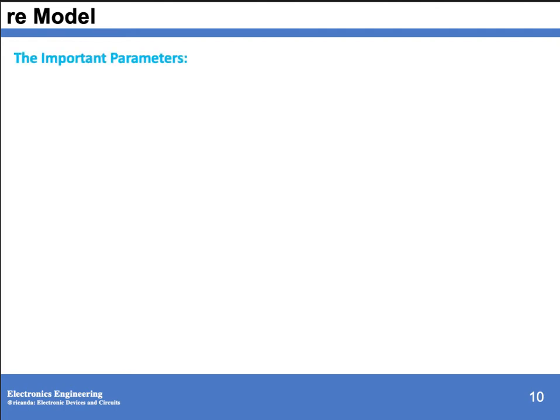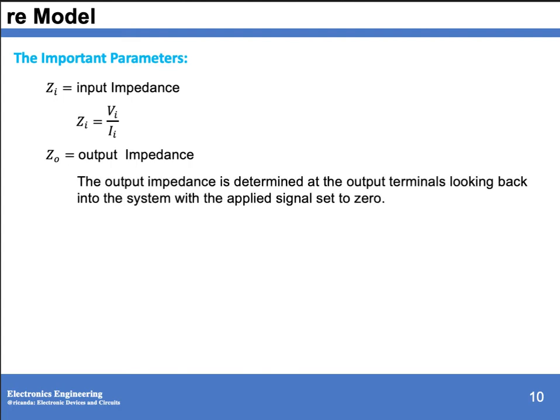Then, what are these important parameters if we are solving equivalent circuits? So we have the input impedance, which is equivalent to V_i over I_i. Output impedance is determined at the output terminals, looking back to the system with the applied signal